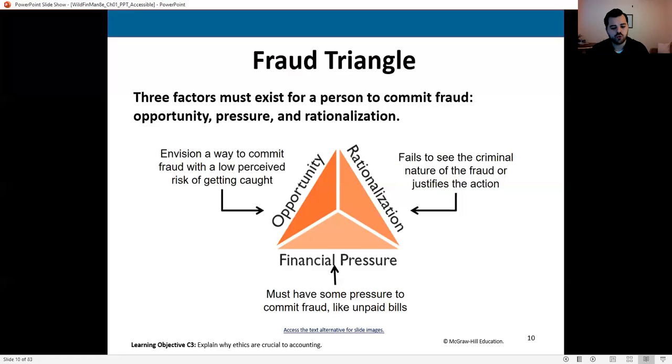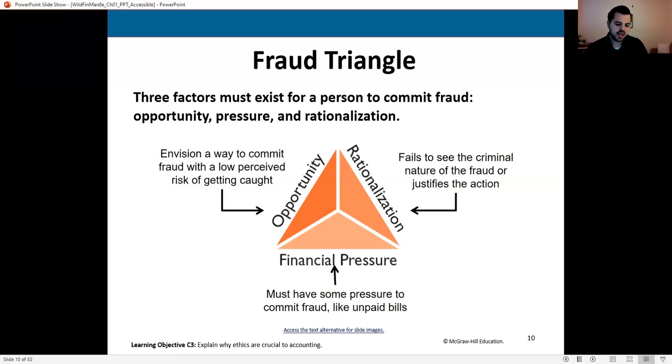This is a situation that is ripe with opportunity for someone to commit fraud. There are no controls in place to stop them. So it would take a very morally sound person to not be stealing from me if I knew there was absolutely no way I was ever going to get caught, right? You could see how that could be very much an incentive to actually commit this type of fraud and just take the cash right out of the register, because I know no one's ever going to find it because there are no internal controls in place. So there's opportunity, right? So how could we commit the fraud?